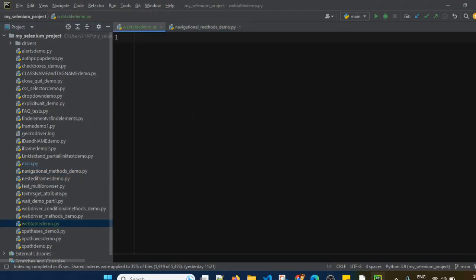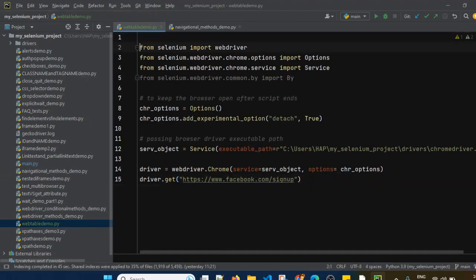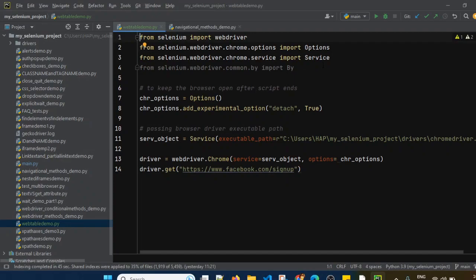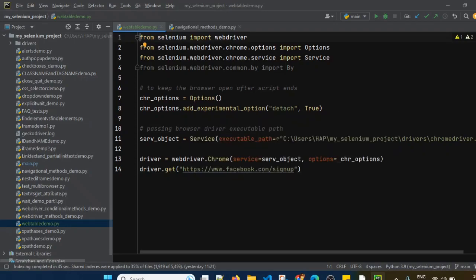From the previous sessions, I am just adding the basic code, which includes importing Selenium WebDriver, options, service. Basically we are creating an options class object, and we are adding the experimental option detach as true, so that our browser will remain open after the execution of the script.